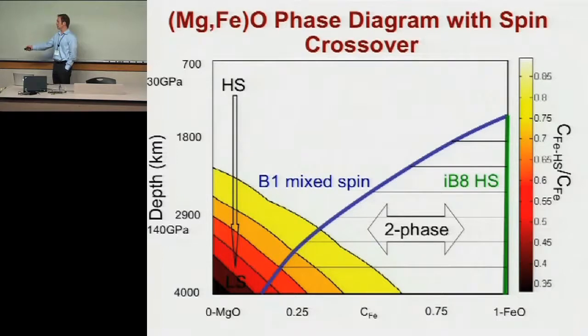ferropericlase system. Here's composition, here's depth, and we're on a geotherm, so that's as a function of increasing pressure and temperature. And these are predicted based on ab initio energetics, the phase stability of this system. And this contour plot shows changing spin state. And these two phase lines show that you do predict a significant amount of phase separation in the system with the introduction of possibly an IB8, some people think a B8 phase, over here in the iron-rich part of the